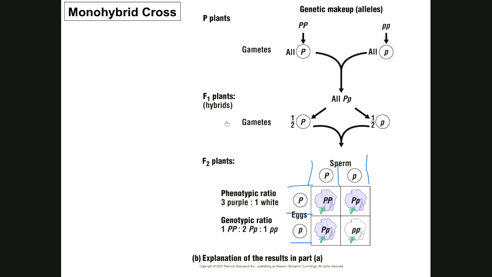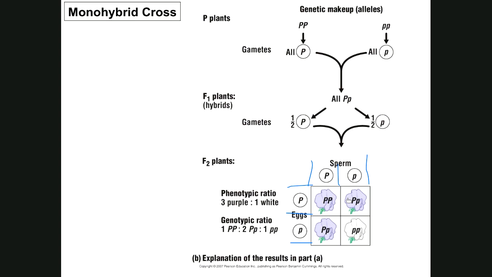So what he says is, well, look, these F1 plants, they're all self-fertilizing. So the bottom line is 50% of the sperm produced in the stamen are going to contain the dominant allele, 50% of the sperm are going to contain the recessive allele. Likewise in the carpel, 50% of the eggs are going to contain the dominant allele, 50% are going to contain the recessive allele. And Reginald Punnett says, using my Punnett square, I can demonstrate there's a probability or a chance